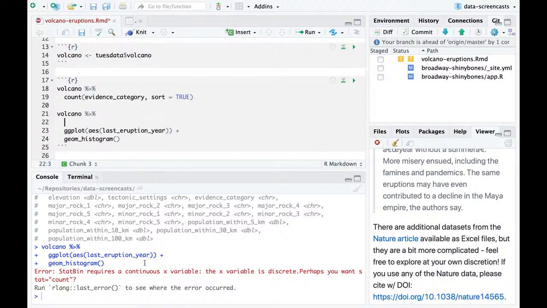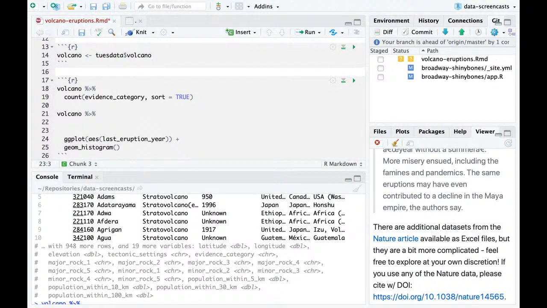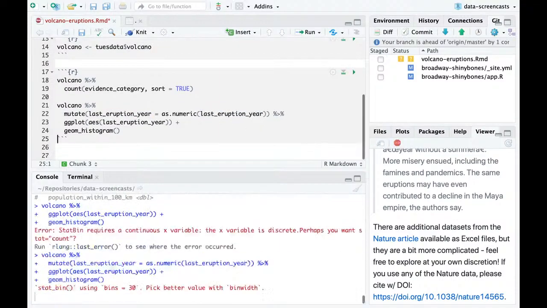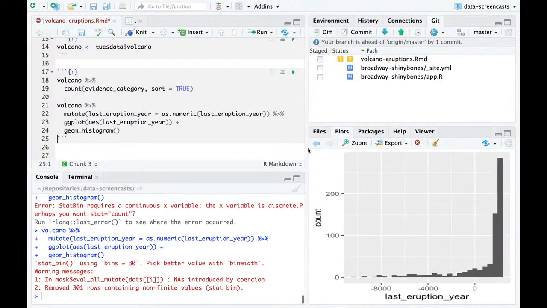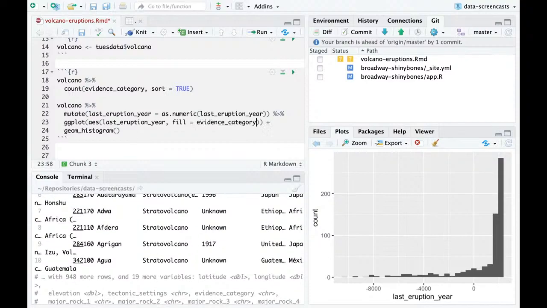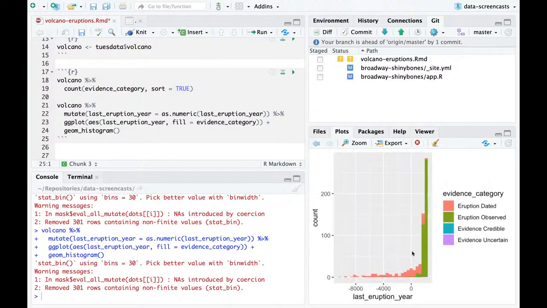That didn't work. I think it's because it's got unknown. Okay, so I'll need to say mutate last eruption year is, a lot of these will be coerced into missing values. So most of the eruptions are in this section, and we can also say fill equals evidence type, evidence category. And now we'll see, okay,